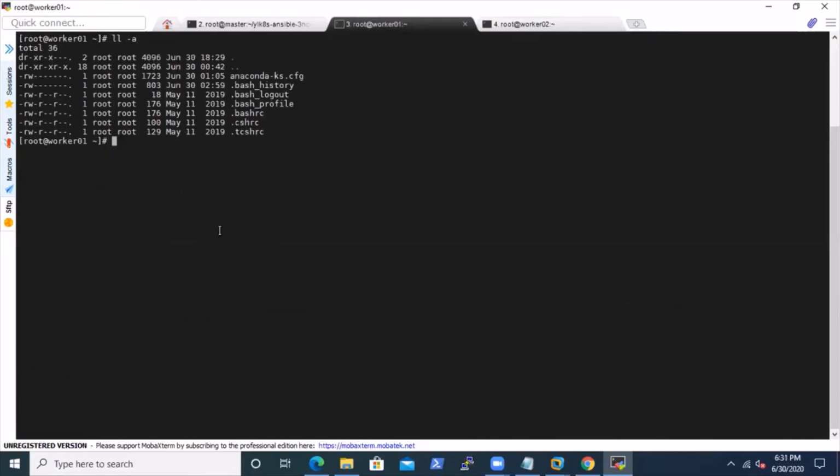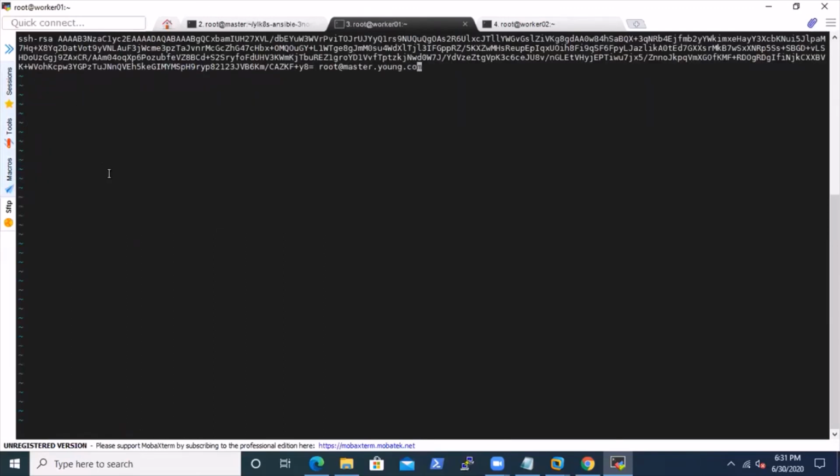Similarly, go to the worker nodes. There is no .ssh folder, so create one first and give permission 700, then create a file inside it and give it 600 so that you can write inside it. Then open the file, paste the thing and save.